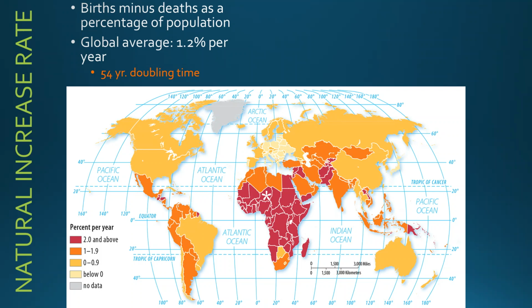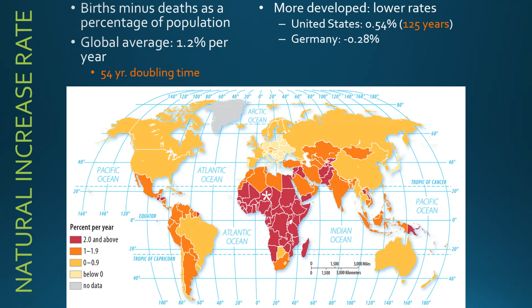And we can look, some places around the globe have much higher rates of natural increase. And generally speaking, these are poorer, less developed places, like in Sub-Saharan Africa, versus places that have almost no natural increase, places in Europe, and there are some places that are even starting to decrease in population. So the more developed a place is, the lower the rate of natural increase. So in the United States, we have a 0.54% rate of natural increase. It'll take 125 years as opposed to that 54 years for our population to double.